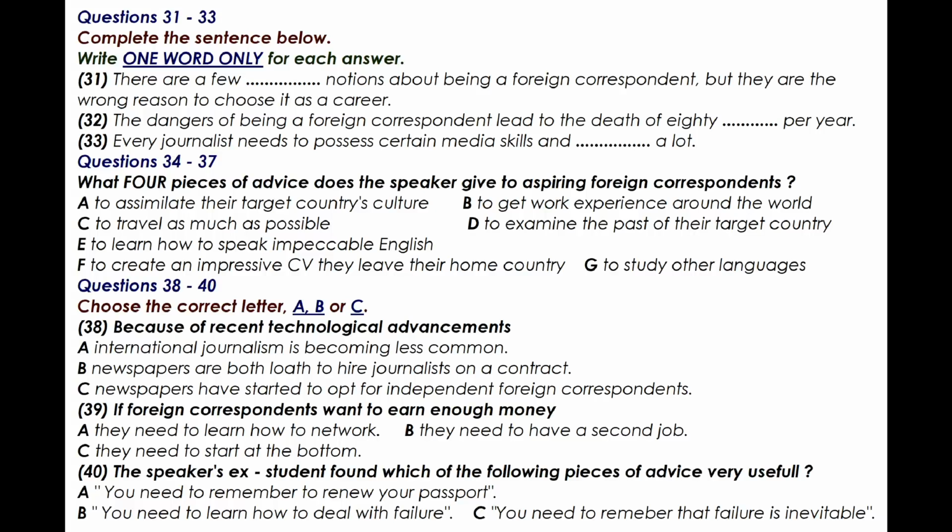Now turn to part 4. Part 4. You'll hear a talk given by a foreign correspondent. First, you have some time to look at questions 31 to 40.